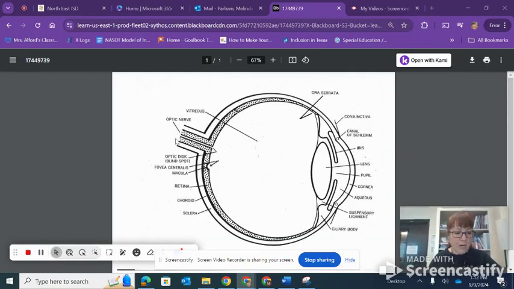And then we have our optic nerve. Our optic nerve is the bundle of fibers that carry the vision-related impulses that the cones and the rods were giving from the retina to the brain. And that is